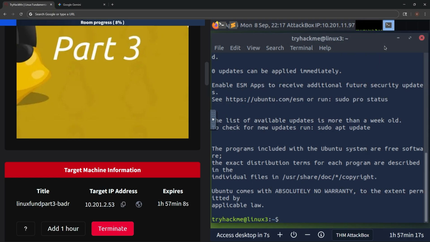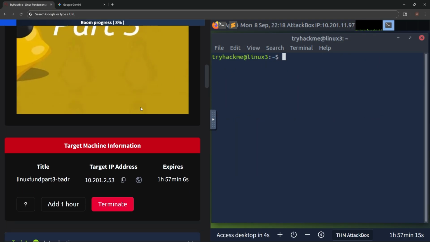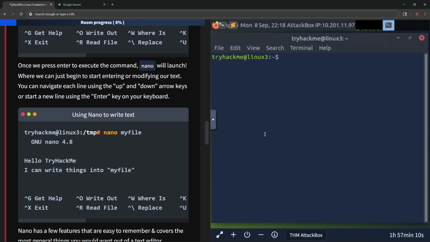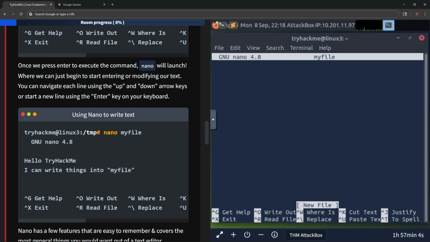Okay, good. And then let's clear this stuff off just by writing clear. All right. So yeah, let's check this out. So let's do this: nano myfile. All right. As it says, this is GNU Nano 4.8, and we could say hello,